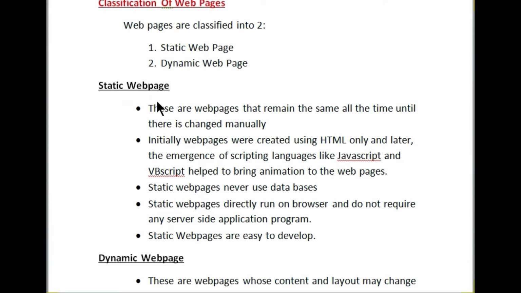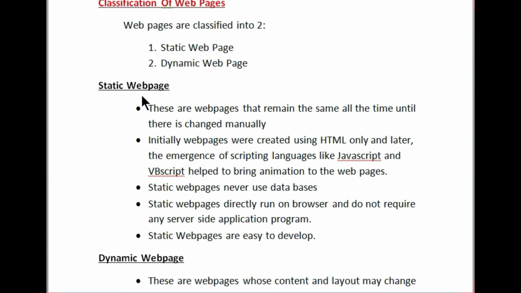Static web pages means the content of these web pages will be the same until it is changed manually. Static means constant, the content will be the same until it is changed manually through the program.